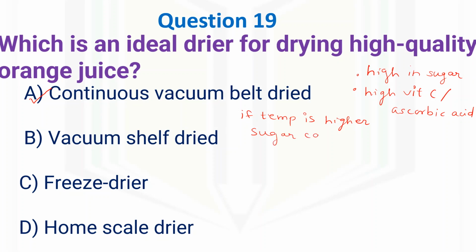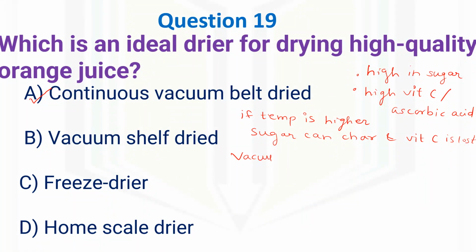Sugar can char and vitamin C is lost during the high temperature processing. So the better method of preparing high quality orange juices is using a continuous vacuum belt dryer, because